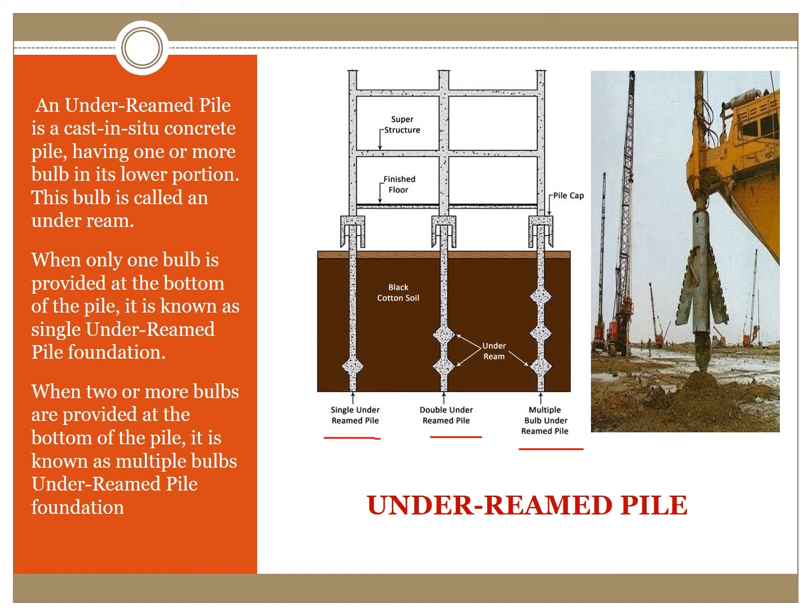Normally under reamed piles are used for black cotton soil or for expansive soil where the bearing capacity of the soil is very low and the structure load is very heavy, or where seasonal or moisture changes affect the soil properties, or when the bearing stratum or hard strata is at a greater depth. In that condition the under reamed pile is used.